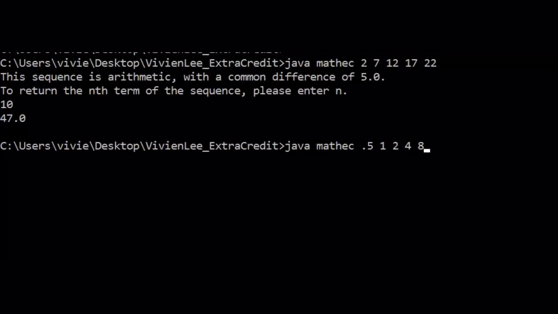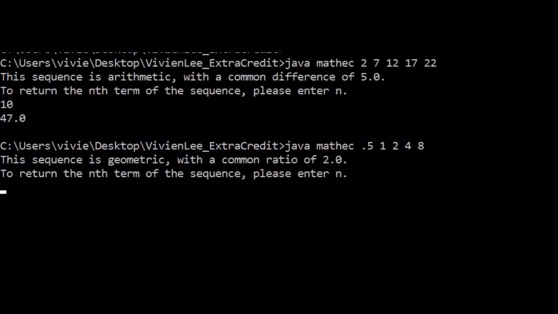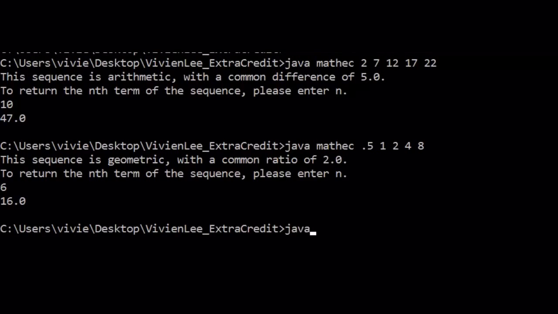And you can see that that's a geometric sequence because every term is multiplied by 2. So the common ratio would be 2. And so yeah, it does return that it's geometric and has a ratio of 2, and the 6th term returns a value of 16, and we're just going to run it again with 0, 1, 2, 3, 4,